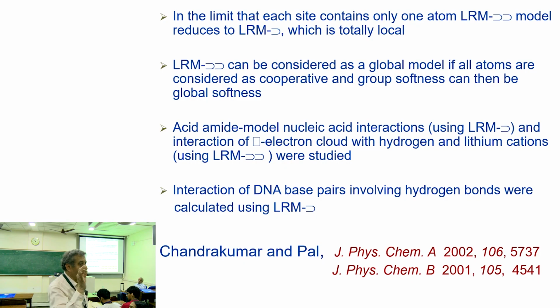You know, there is a very nice thing in Szabo and Ostlund, if you read this, that when you do Hartree-Fock itself, you have the total number of electrons, which is trace of PS, where P is the one-electron density matrix, also called the charge density bond order matrix, and S is the overlap matrix. But then you know that trace is invariant under cyclic permutation. So PS can become SP. PS can become S to the power half, P, S to the power half. And S to the power 0.3, P, S to the power 0.7. All of them are N.